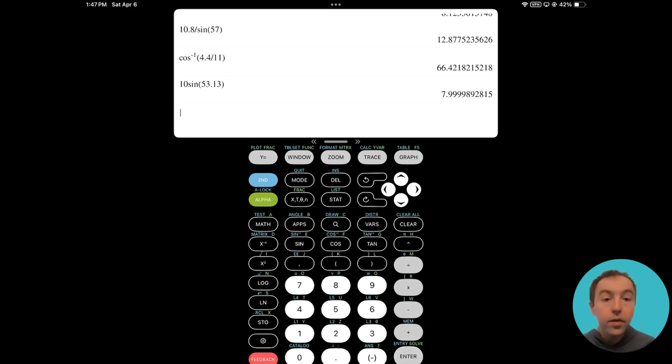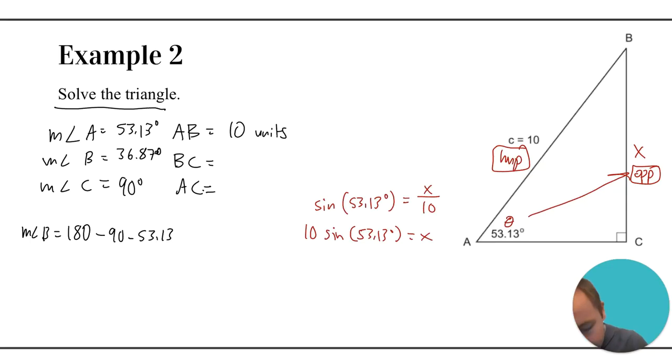We get about 7.9, so it's pretty much going to be 8, right? So we'll just round it and say that x is basically about 8 units in length. So we can say that we have that. Okay. Now you can also still use trig to be able to find this other side length down here that